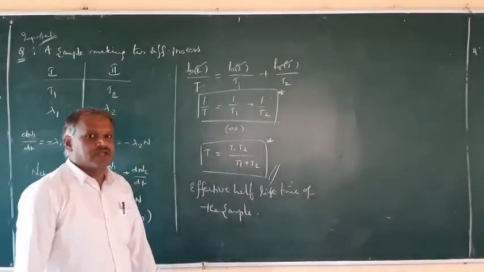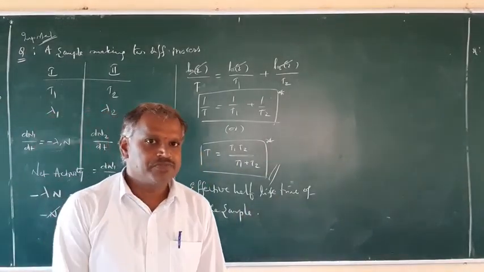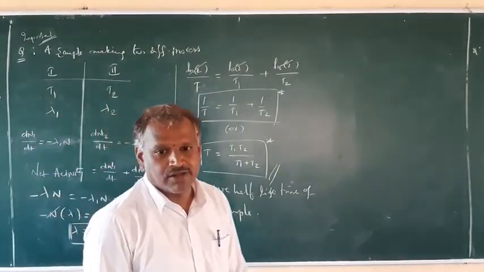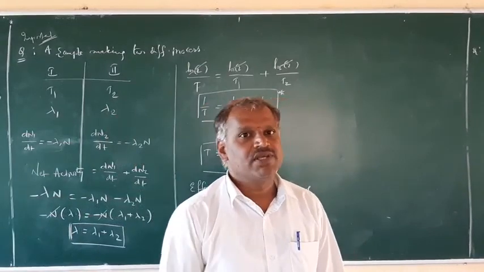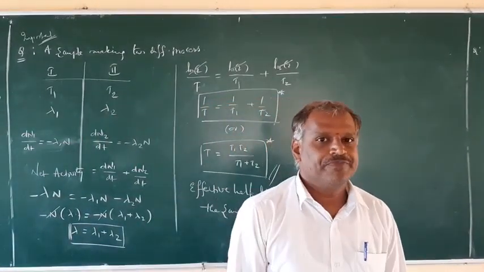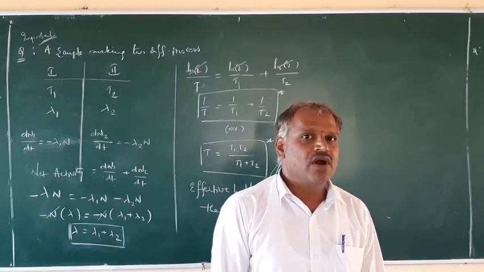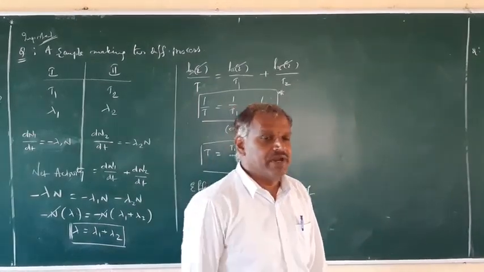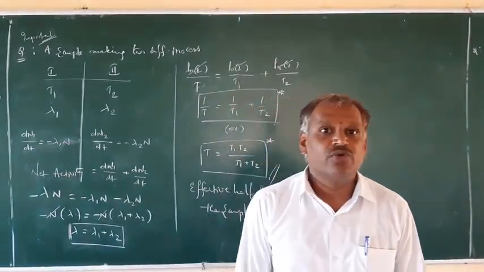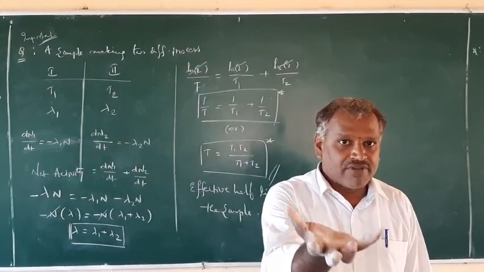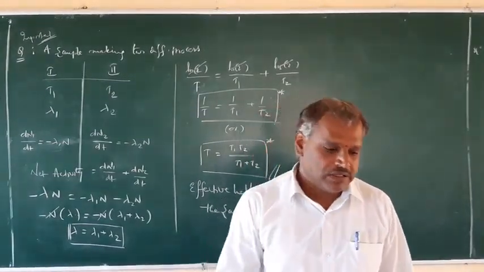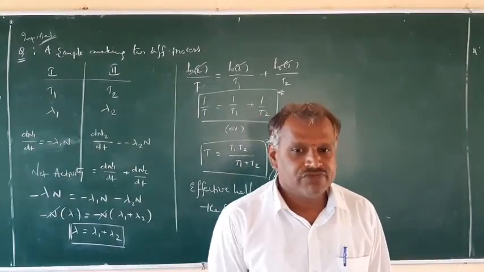Right? So in this way we can solve the problems related to half-life time period, average life time period or decays. Okay. We'll see some more problems, and the next topic is nuclear reactions, that is fission and fusion, and how much energy is liberated during fusion and fission to attain stability. We will see those reactions in the next videos, right?